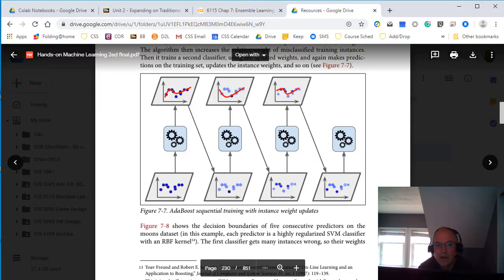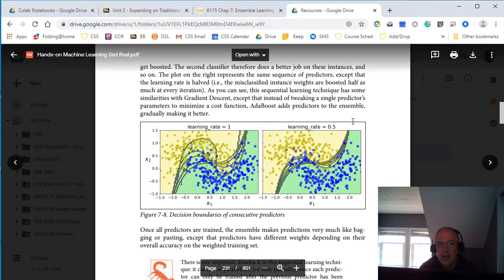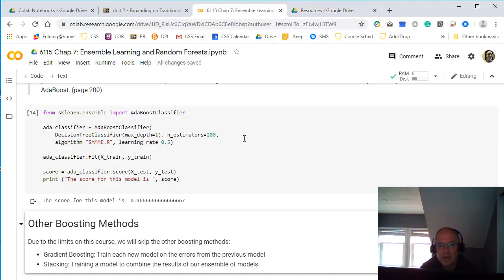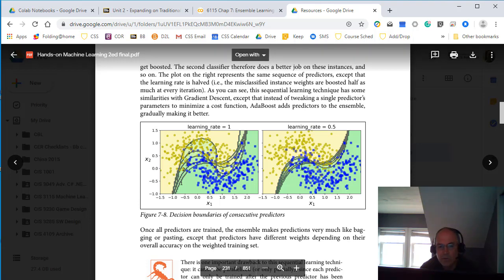So let's jump back into the textbook and see where we're at. It's trying to show you a little bit of the learning rate. If you have a fast learning rate, like a learning rate of 1, it will change how quickly each model views the data, and you might jump around a little bit too much. A slower learning rate will hopefully make small incremental changes with each model. And in our case, we had 200 different estimators,